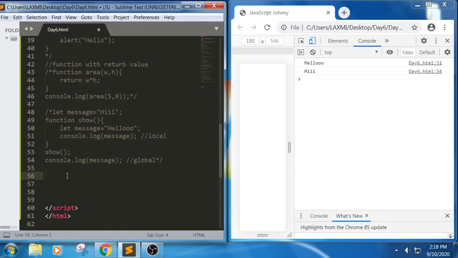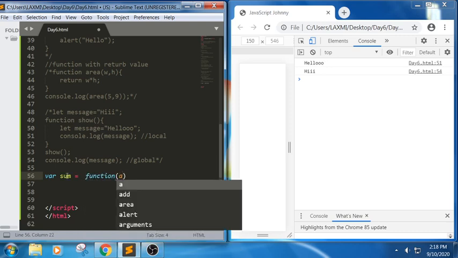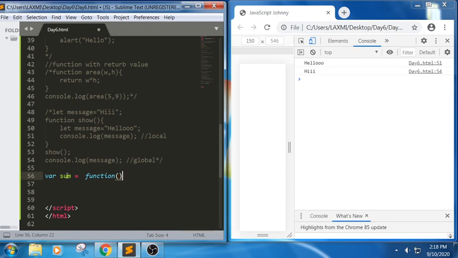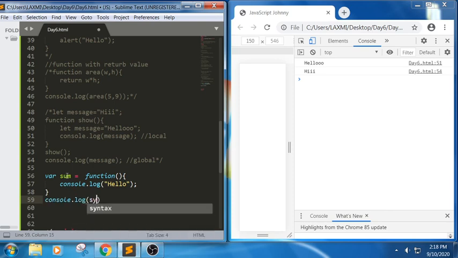Let me write a small snippet so that we can understand what we are about to perform. I'm trying to write sum equals function. I don't want to write anything here, I just want to call this sum. Let me take a simple example, because in interviews we can discuss console.log of sum. So what would be the output of the snippet here?